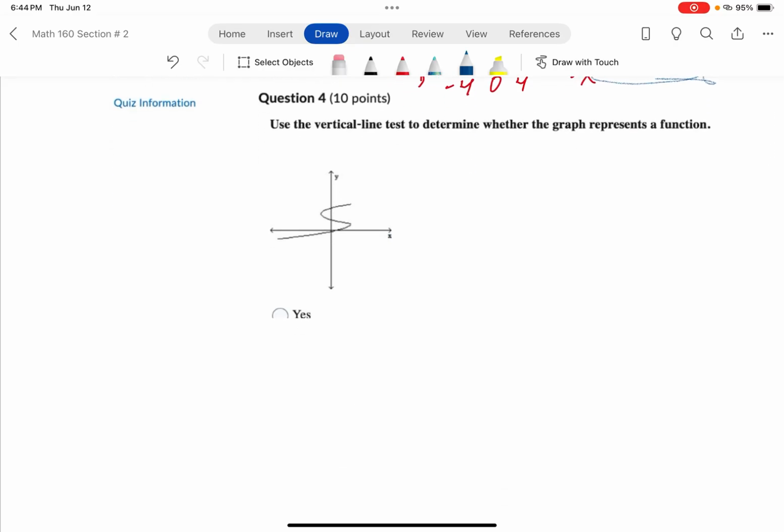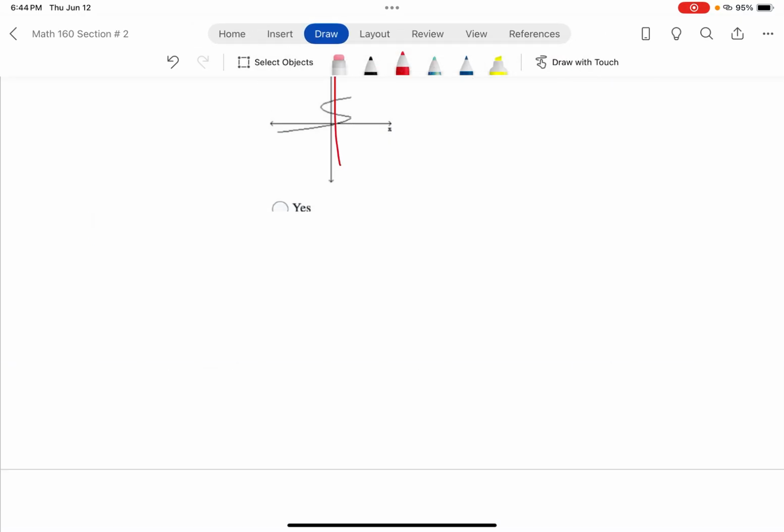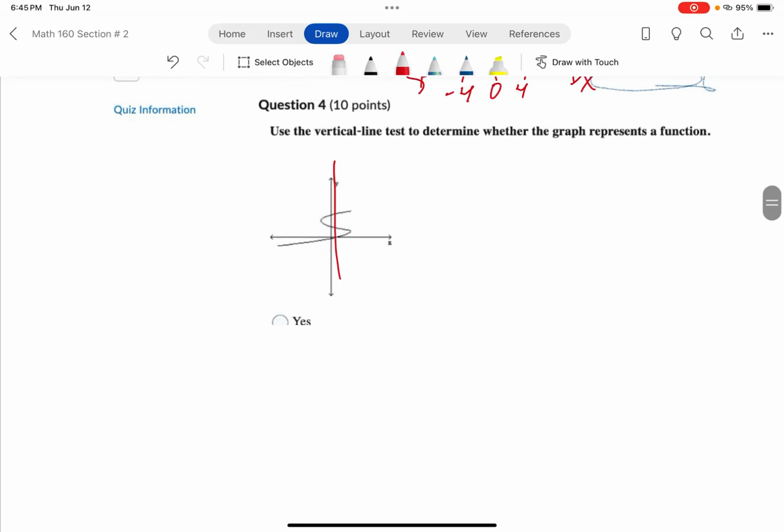Question number 4 says, this is easy because here you only have to make the vertical line test. Use the vertical line test to determine whether the graph represents a function or not. When you have the graph and they're asking you if it's a function or not, you can know that only with the vertical test. The vertical test is a vertical line through the graph. So you have to draw a vertical line in here. When you draw the vertical line, what says if it is a function or not is that, to be a function, the graph